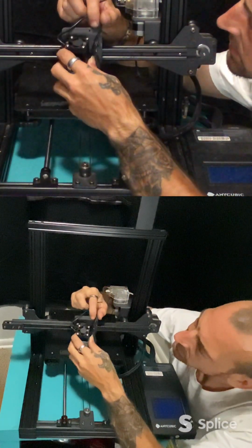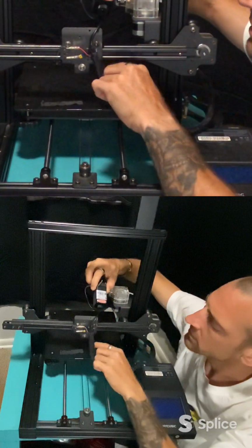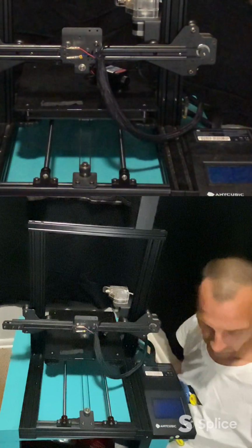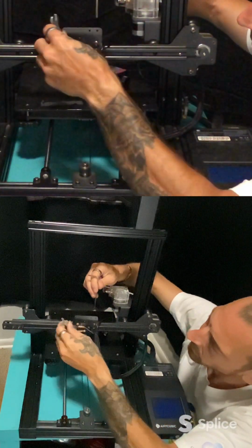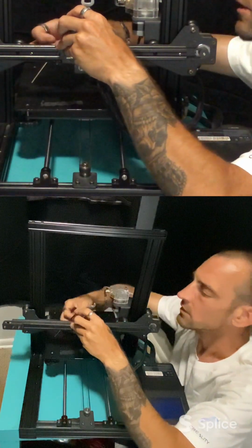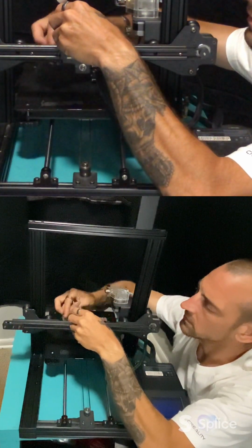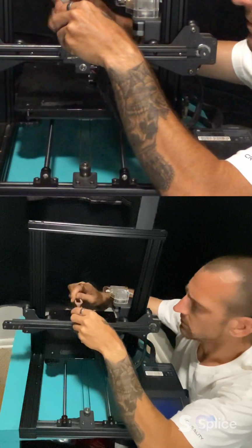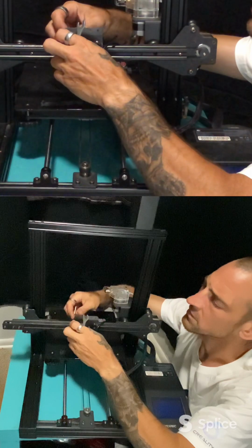So let's see what we can do about mounting this laser. I really may want to turn this around, turn all three of those around actually, so they all face the same. So let's do that. Too big. That should be the right size. So we're going to turn these around. Unfortunately, hopefully it doesn't hit in the back when it goes over to the side. It shouldn't, in theory,